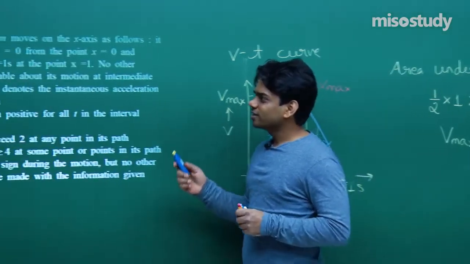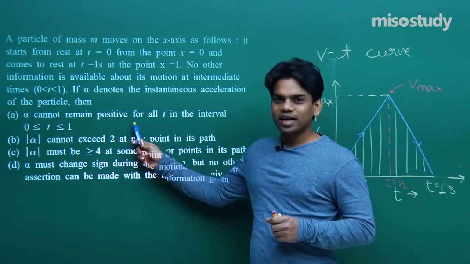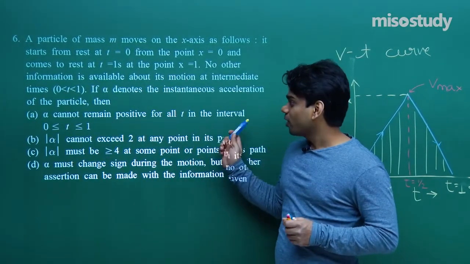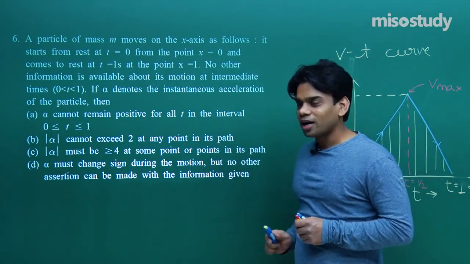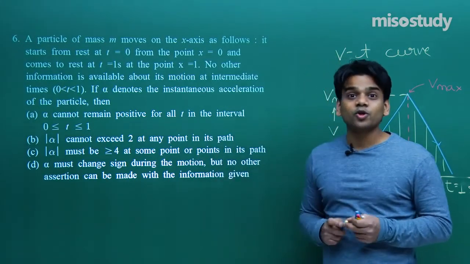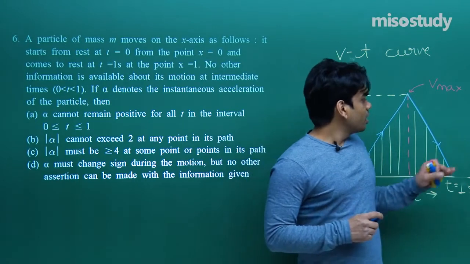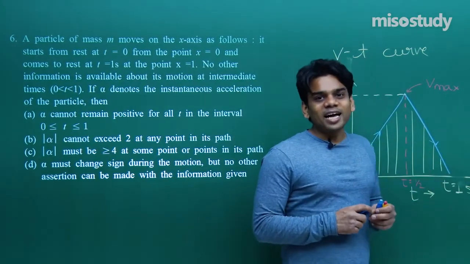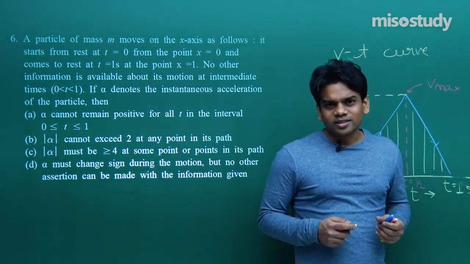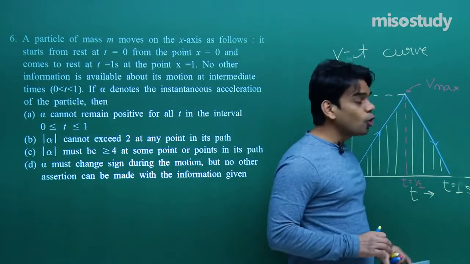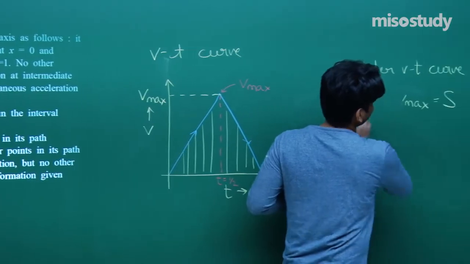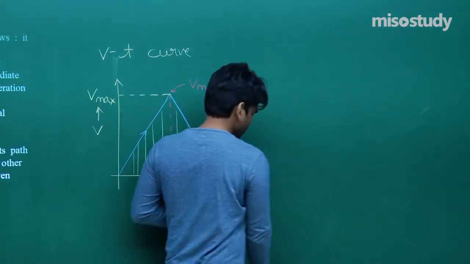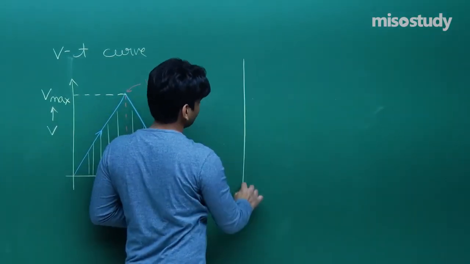So you see, the first statement, we have to talk about alpha. We need not talk about velocity, so we cannot talk about alpha right now. Second, it's also asking about alpha. Third, also alpha and alpha. So we need to talk about acceleration. Now before proceeding with the acceleration, we got that the maximum velocity is 2 meter per second. So let me show you one more curve. Note this, the maximum velocity is 2 meter per second, or 2 in magnitude.